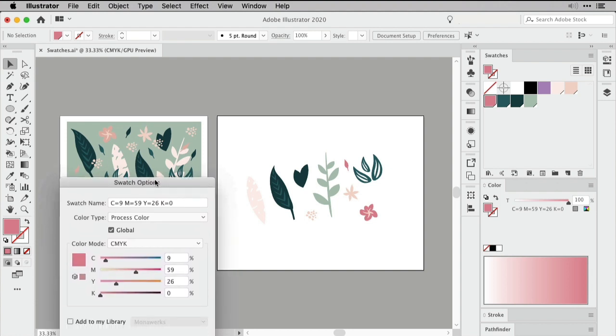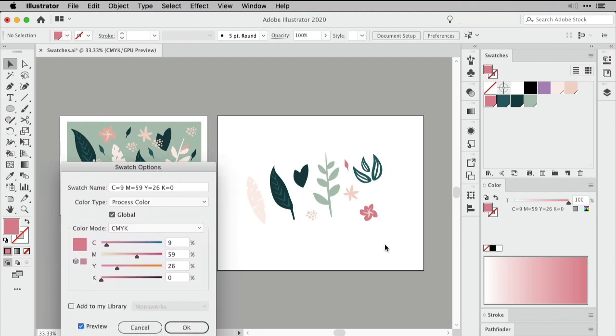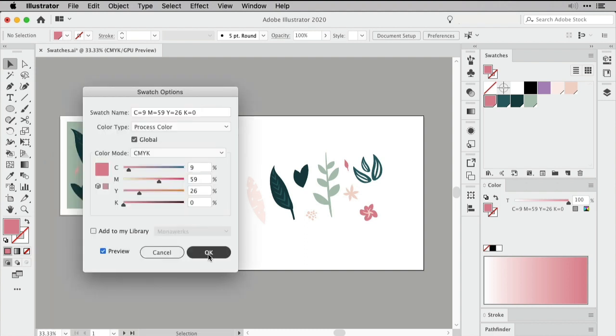The reason for this is that I selected all of my artwork on this particular artboard and then added those colors to the swatches panel. Now the link between the global colors has been made to the artwork I've selected. Since I did not select the other artwork, there is no link between those global swatch colors. Now first here I'm going to click OK.